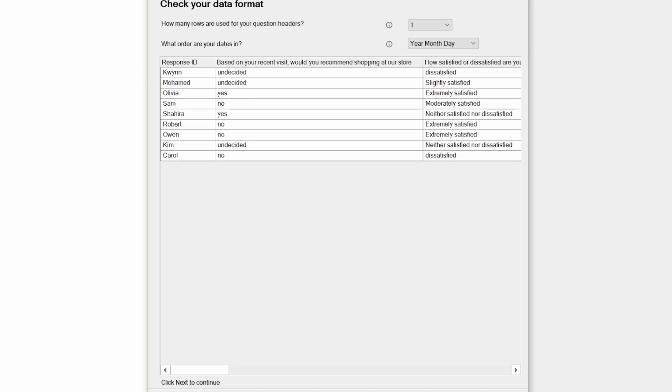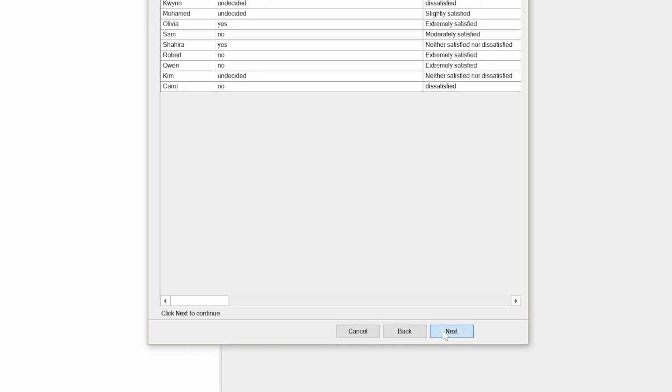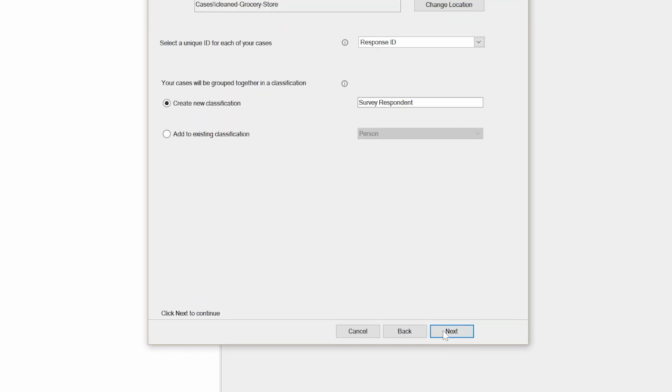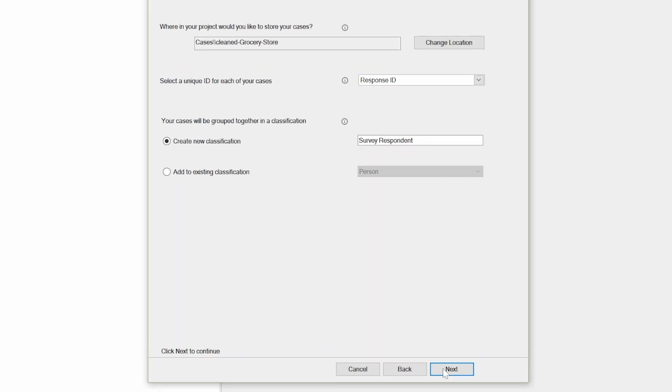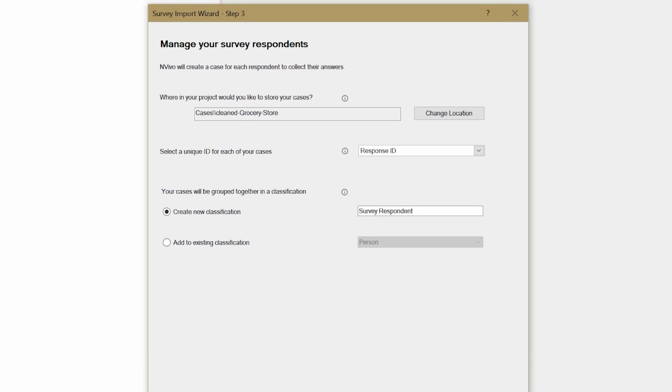We're now ready to proceed to step 3, and we'll click the next button again at the bottom right corner of the window. Step 3 is titled Manage Your Survey Respondents. Here the wizard presents 3 separate questions, including the storage location of our cases. The default location it suggests is Cases Cleaned Grocery Store, which would create a subfolder under Cases in the navigation